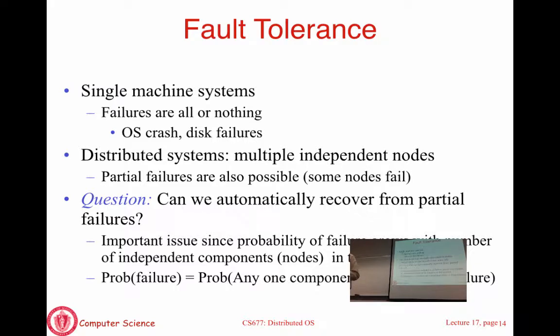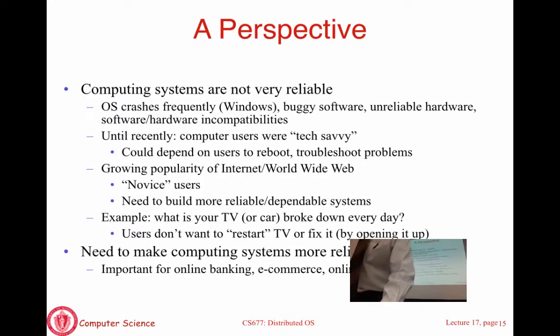Now, this is not the case if you have a small system. If you have 3 nodes, it's not the case that at any point in time one of the nodes is down. You will have long periods where all 3 nodes function and occasionally something may go down. But as the number of machines grows, that is no longer the case. It's something to keep in mind in any large distributed system. Is that clear?